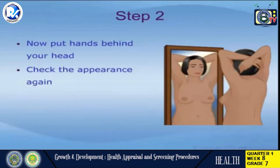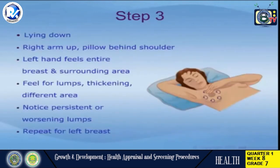Next, while still in front of the mirror, put your hands behind your head and check the appearance of your breasts again. Then, feel your breasts while you are lying down. Lie on your back with your right hand behind your head and a pillow under your right shoulder. With your left hand, using the pads of the fingers and keeping them flat and together, feel the entire right